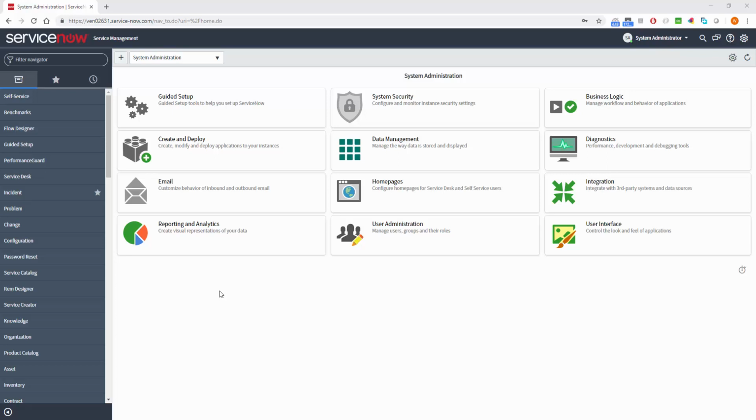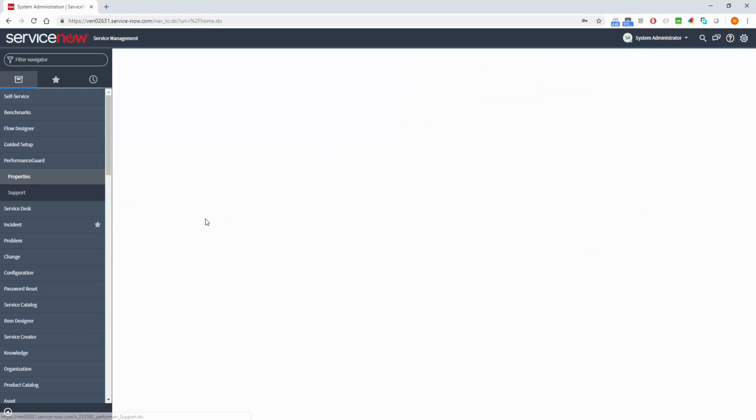In this video, I will show you how service desk users can benefit from data from PerformanceGuard without actually using PerformanceGuard. To do so, you need to install the PerformanceGuard Incident Management Connector, which is available in the ServiceNow store. After installing, you will get this menu item for PerformanceGuard, and here you can actually set up how to connect